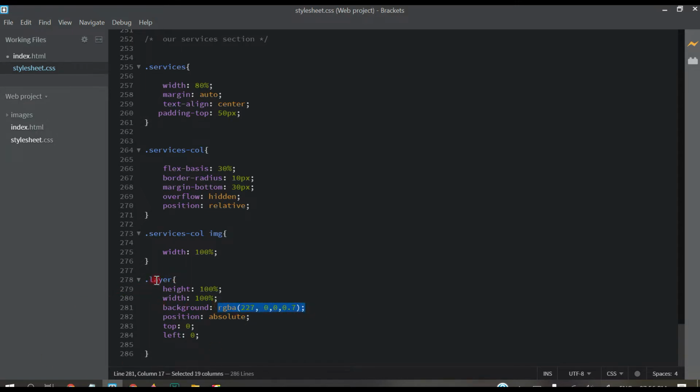This is the layer, and this is the background. We have given this color RGBA.